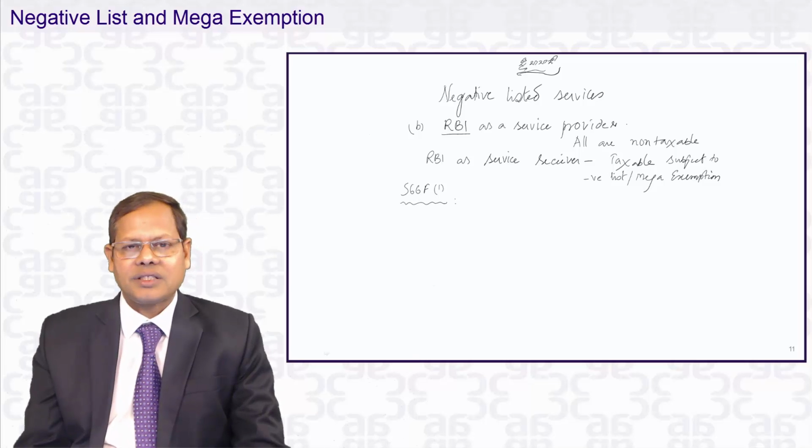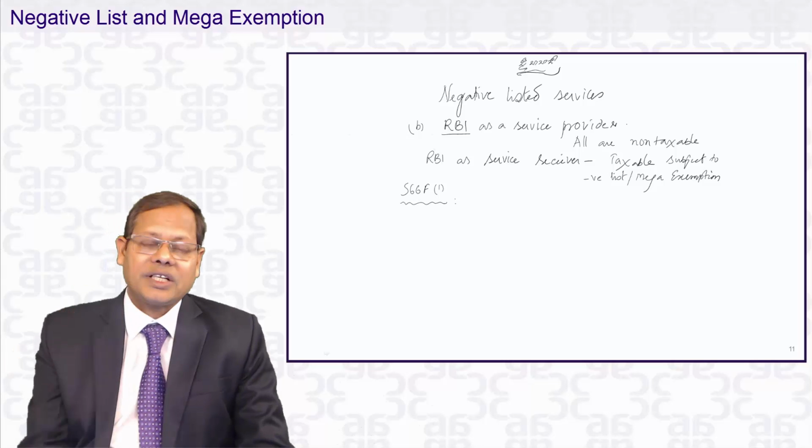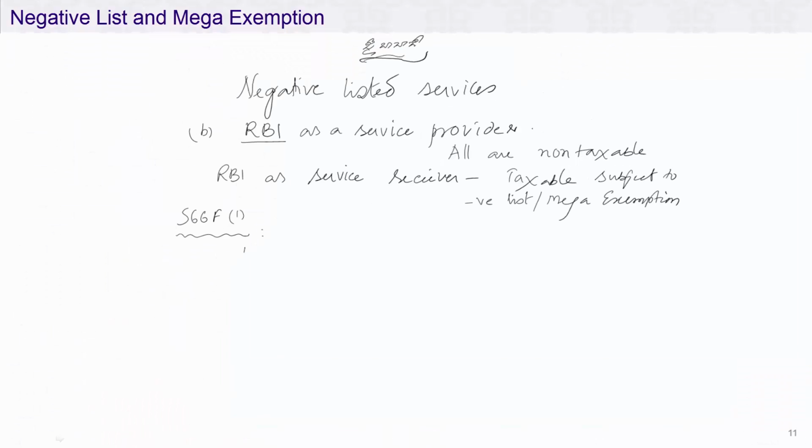RBI's services are exempt. But if RBI receives any service from anybody, that is not exempt. Service tax is payable. To that extent, they have given an explanation or, say, an illustration